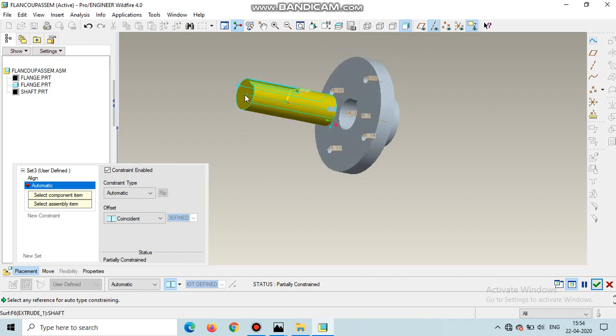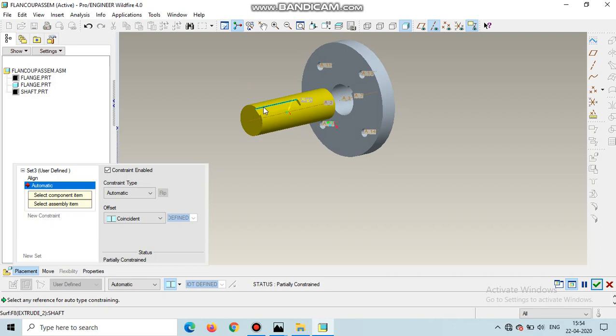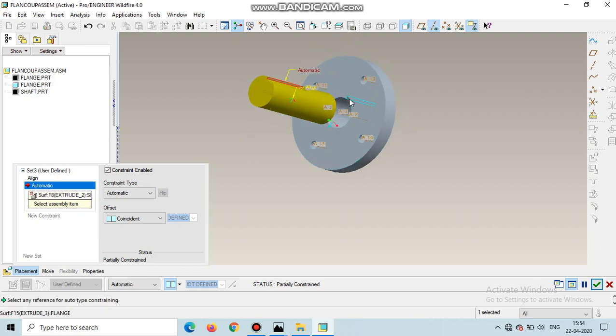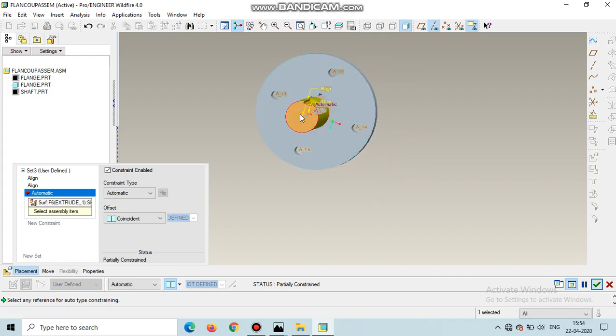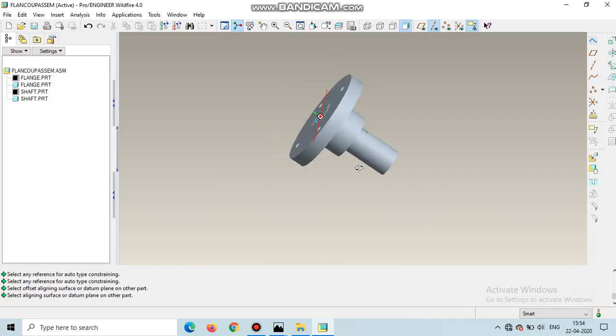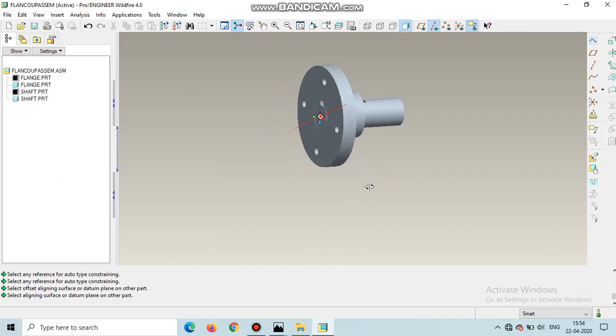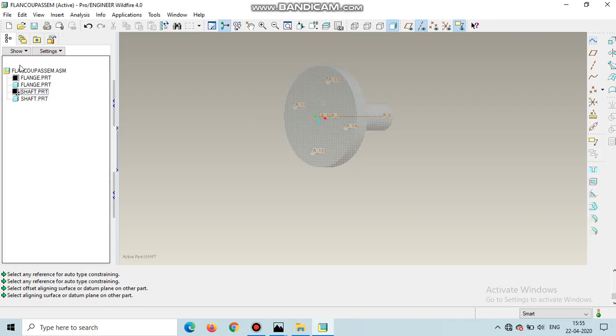this edge will be aligned with this. So give align, coincide, it is fine, it's done. Now the third constraint will be this surface aligned with this surface, and instead of offset I'll make it coincide. So aligned, coincide, now it's done. You can see that two parts have already been made. That is, if I enable